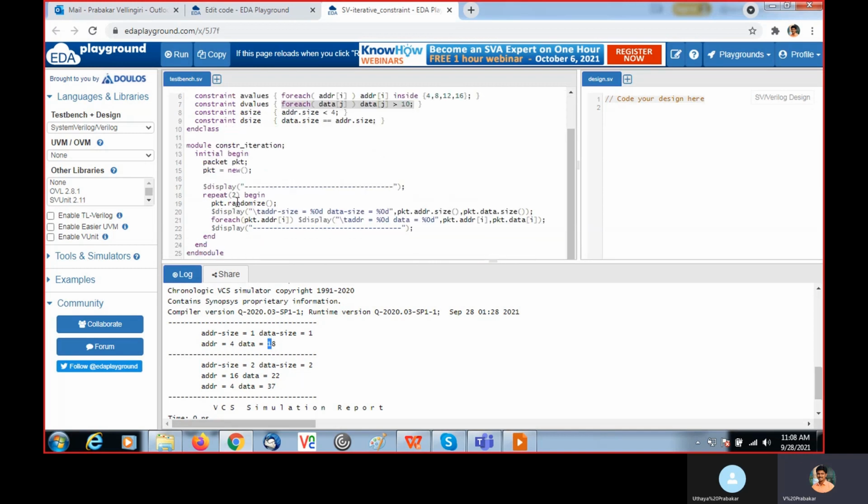Then second iteration, address size is 2, the data size is also 2. Then address took 16, and next time it is 4. And for data, greater than 10, it took 22. The next time it takes 37.